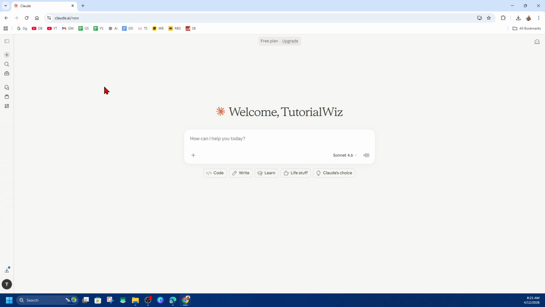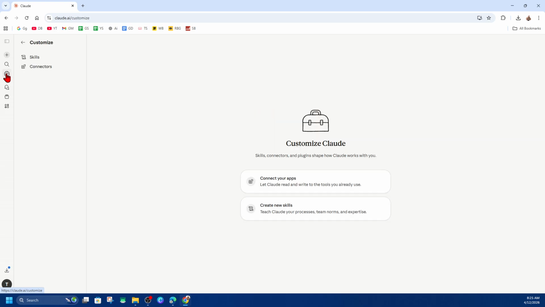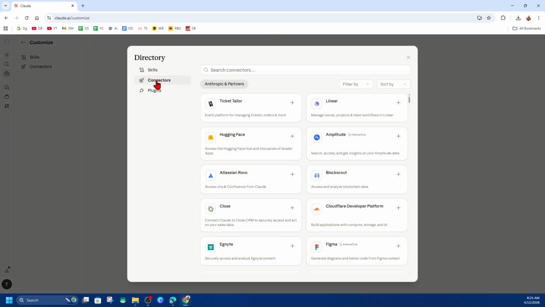Now, from here, on the left-hand side, look for the Customize button and click onto that. To the right of that, it's going to say Customize Claude Skills Connectors and Plugins. Click onto the option below that where it says Connect Your App, so let Claude rewrite the tools you need. So click into that. Now make sure on the Connectors tab to the right, click on Search and then type